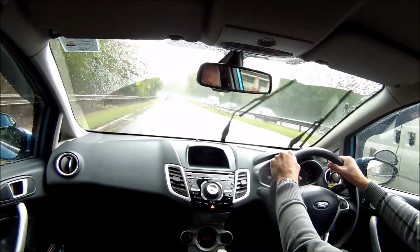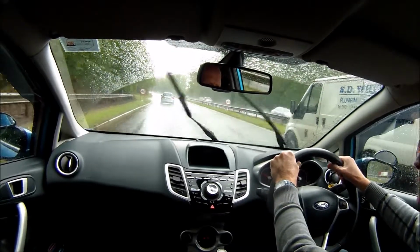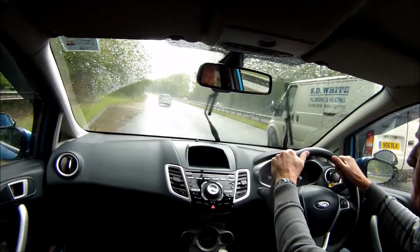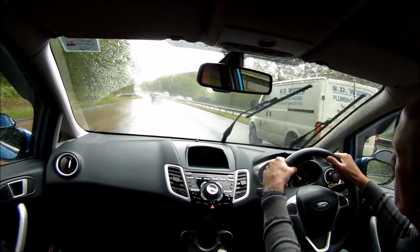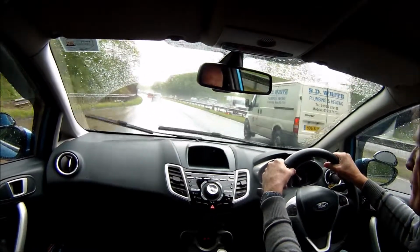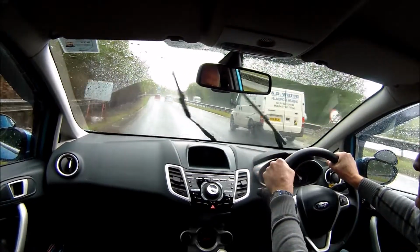Video about the Kearsley Roundabout. Currently on the A666 Farnworth bypass, St Peter's Way as it's sometimes called, heading towards the M60. Obviously, as a learner driver, you're not allowed on a motorway. So as this next sign on the left tells us,